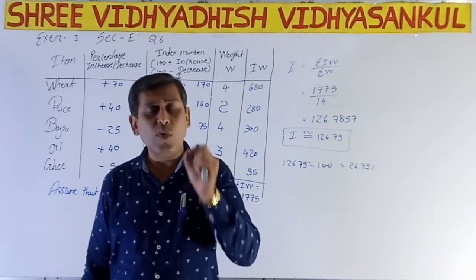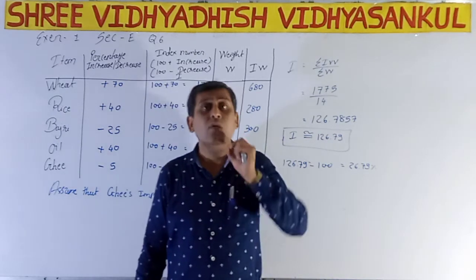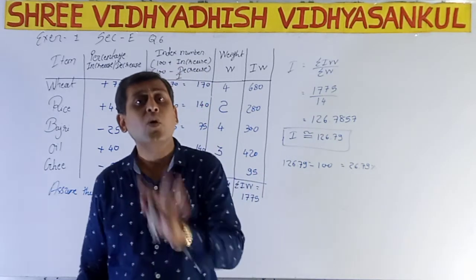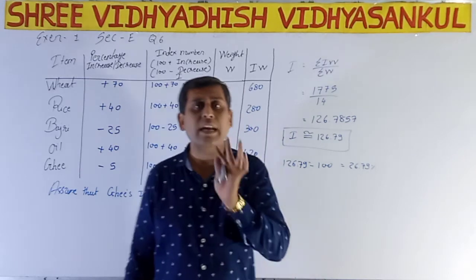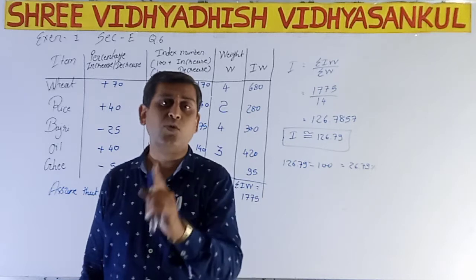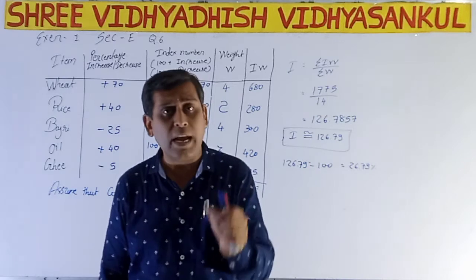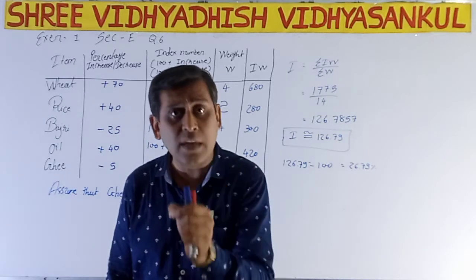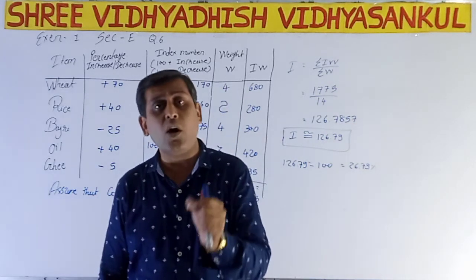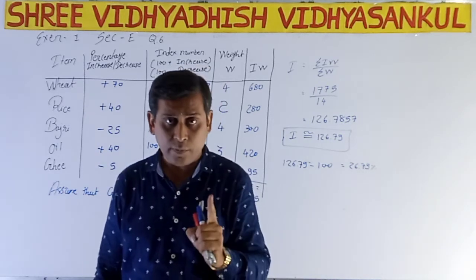Okay, so whenever we are converting quantity, we don't have to convert price, and whenever we are converting price, we don't have to convert quantity. In one or two sums, that is in rare cases, we have to convert both, price as well as quantity, but not for all of the items. That is, if we are converting price of current year as well as base year, then we just have to convert only quantity of base year or quantity of current year, only one, not both.